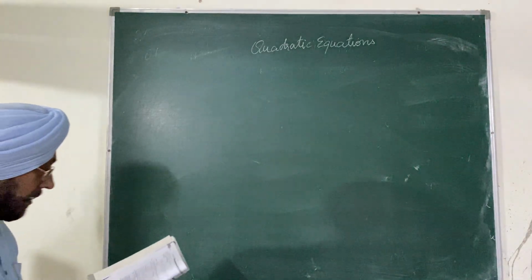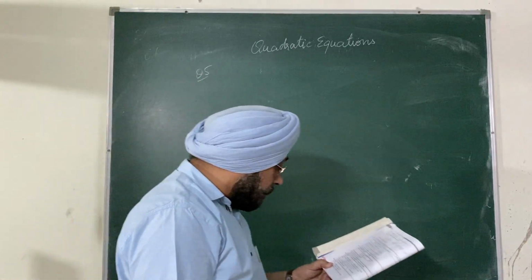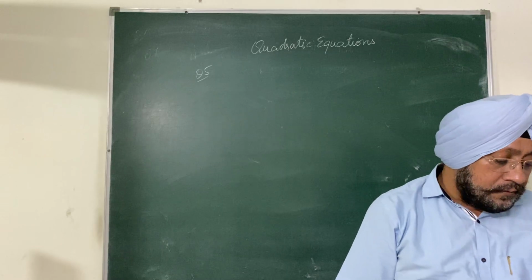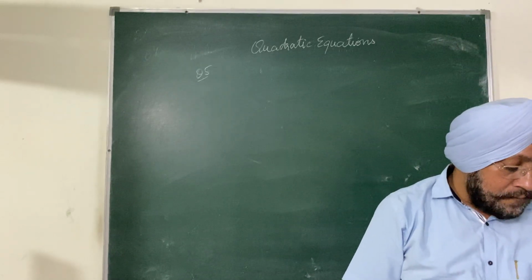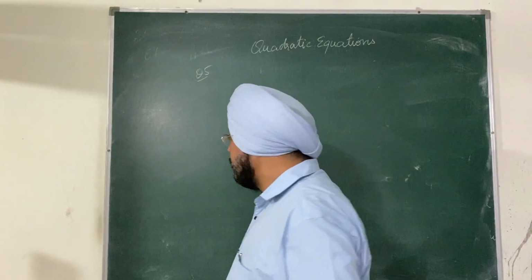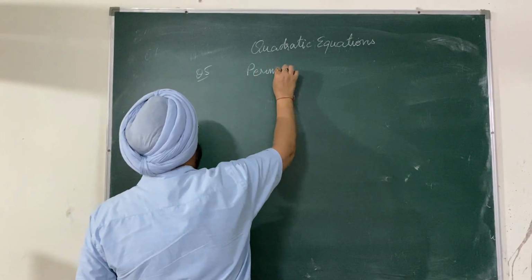Select this question number 5. Again, is it possible to design a rectangular park of perimeter 80 meter and area equals to 400 meters square? If so, find the length and the breadth. So first of all, what is given to us? We are given